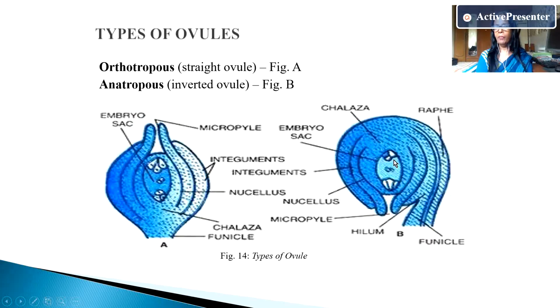And after this nucellus, next one is the integument. Two integuments, they are the coverings of the ovule, inner one and outer one. They cover the ovule, the protective layer of the ovule, that is integument. Then this is the stalk of the ovule, funicle. And this is the base of the ovule, chalaza. And this is the top of the ovule, micropyle. And the point of contact of this funicle with this ovule is known as hilum. So this is the structure of anatropous ovule.